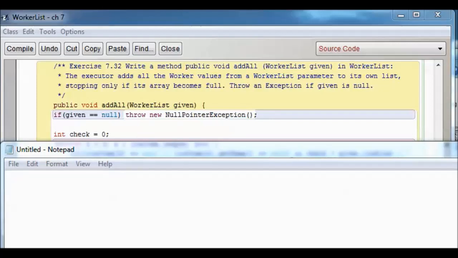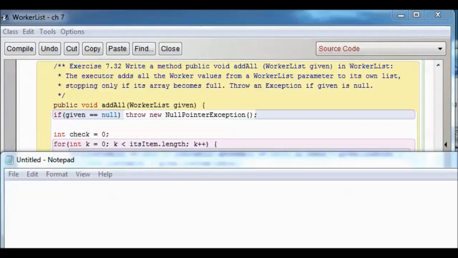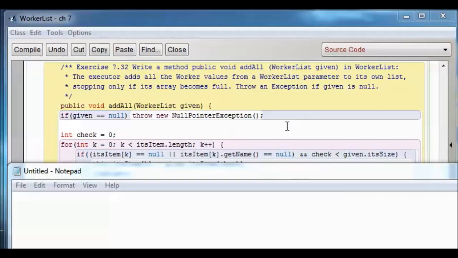So now what we're going to do is we're going to instantiate a size check, and we'll call it check. And we're going to initialize it to 0. Now we run the for loop to add the new workers from the parameter list to the worker list. You will note there are 3 conditions for running this if statement. As long as the check confirms that it is less than the array size, and the next item is not blank, or the name is not blank, the program will